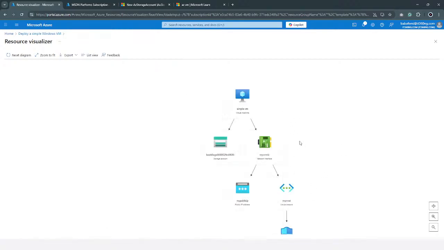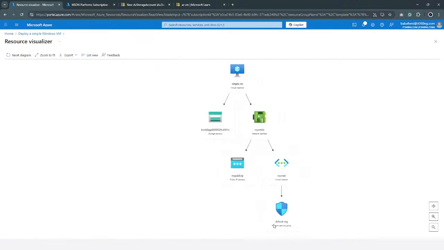Then the last thing will now be the NSG. Now you can see the NSG is only associated to the subnet here. So you can also add it to the NIC after this has fully deployed. So you can see you can leverage